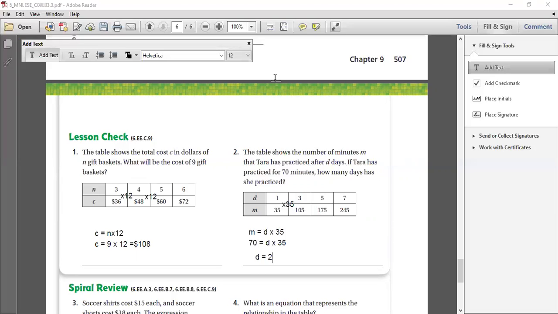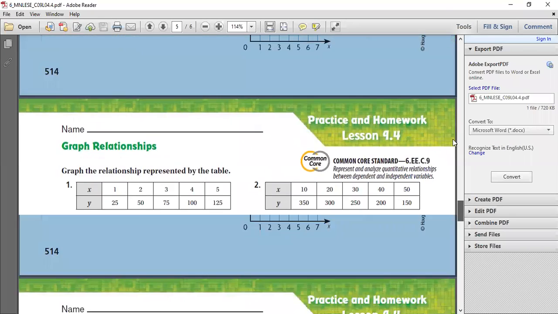Okay, now moving on to today's lesson. Today's lesson is going to be chapter number 9, lesson 4. Okay, so that's going to be this